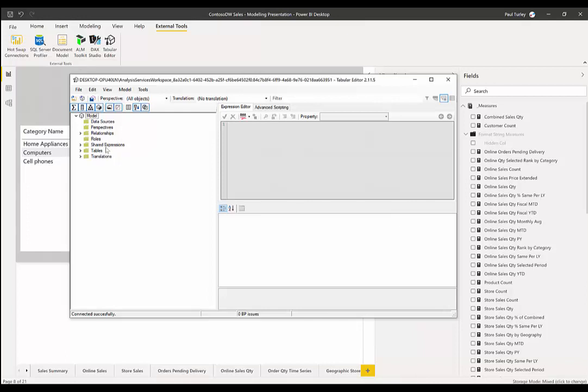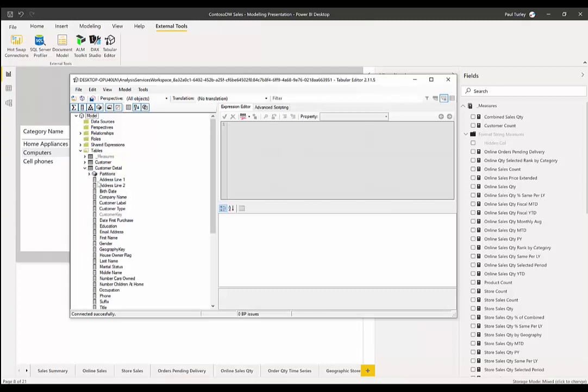So for example, if I want to define my own partitions, other than using the incremental refresh feature that's baked into Power BI, you can explicitly add partitions. So you can script those partitions, create your own partitions, and then deploy them to a Premium workspace.